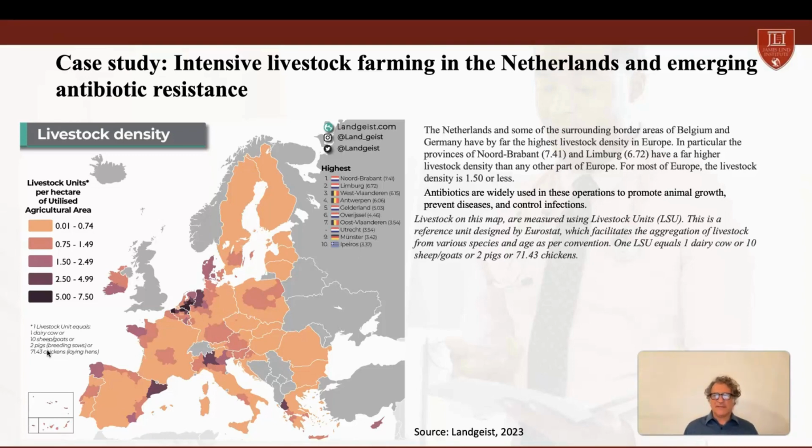So let's have a look at the first case study, just to have an idea, because otherwise we're just talking generally. So let's start from the farm in the Netherlands. First of all, from this picture, you see on the left side the percentage of concentration and density. The density is generally measured in terms of number of animals per hectare. So you can see how it's quite easy to understand that the Netherlands and part of Germany have the highest density in terms of livestock.